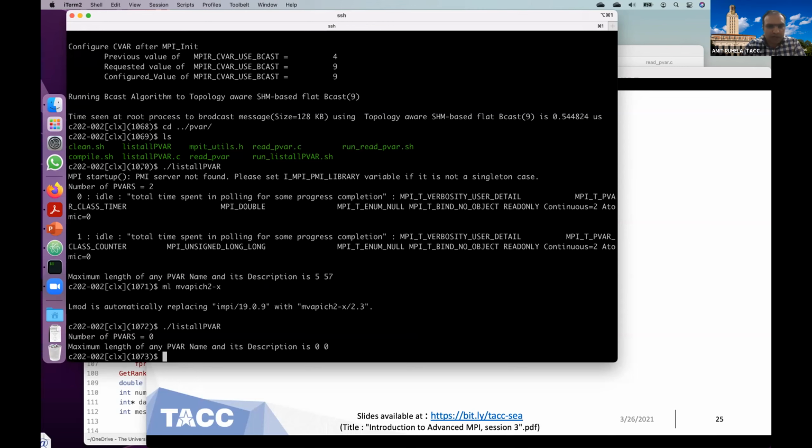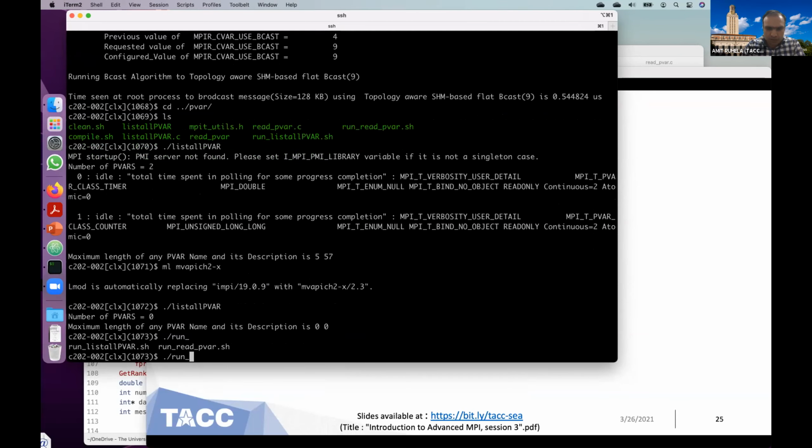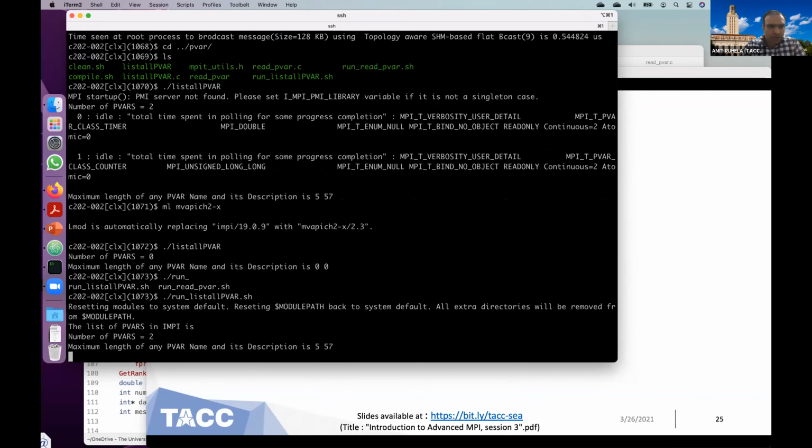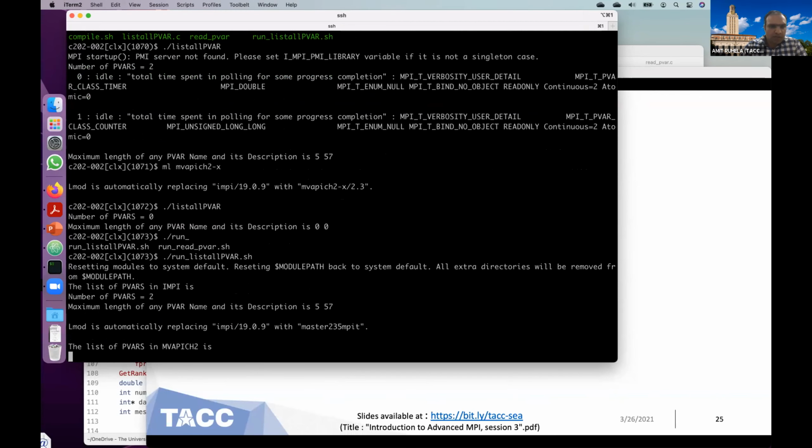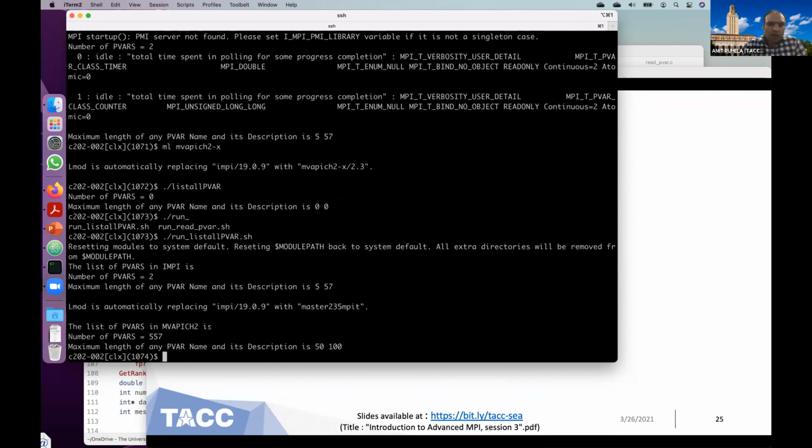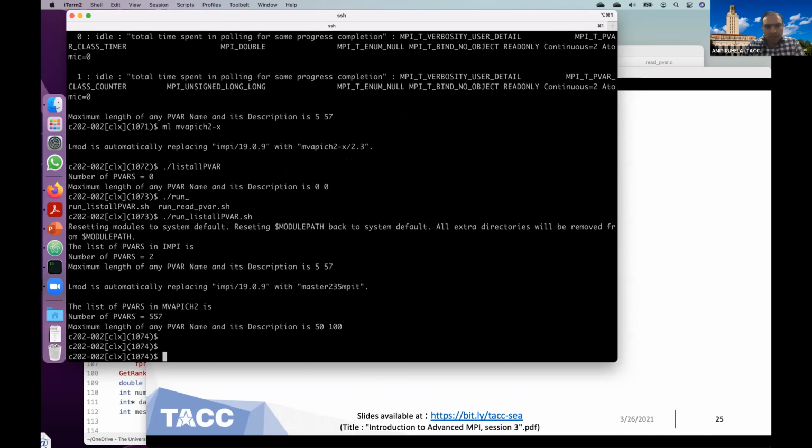Because the default MPI installed on Frontera doesn't have the MPI_T tool information enabled. Therefore, I have installed another version of MVAPICH2 on my system, which supports almost 557 PVARs. So this is one thing.